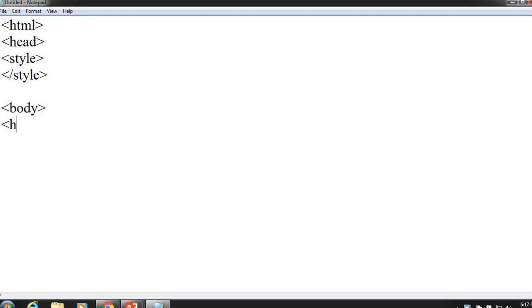I will add some text, that is heading 1. So this is: welcome to gradient position and background. This is a text, we can take any kind of text.